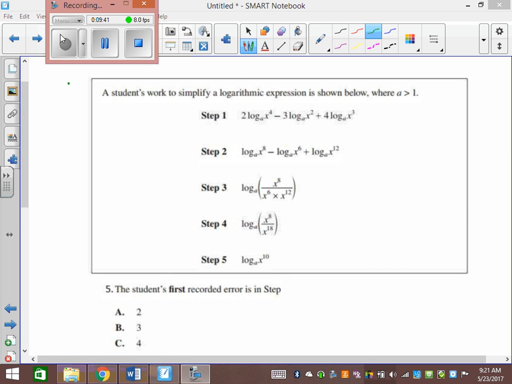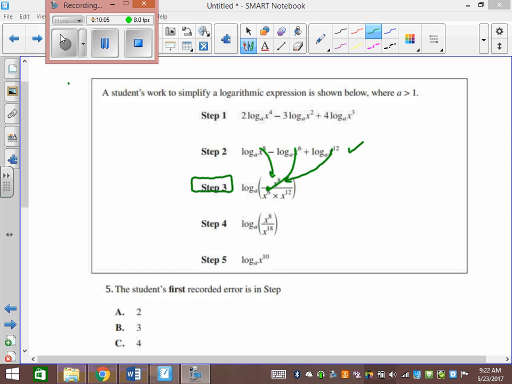1 base, 2 exponents, multiply. 2 of the same base, 2 exponents, you add. So 2 times 4, 8, good. 3 times 2, 6, good. 4 times 3, 12, good. Those are all good. Anything with a plus 1 in front goes to the top. Anything with a minus 1 in front goes to the bottom. So this goes to the top. This goes to the bottom. This goes to the